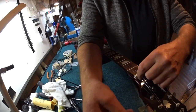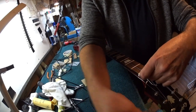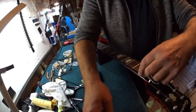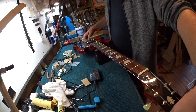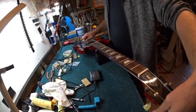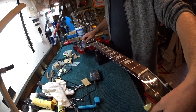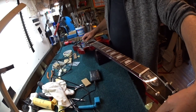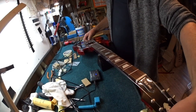I hate the Tune-o-matic bridge for this. Basically, because of the stupidity of the design, which gives you 3 little saddle blocks pointing in one direction and 3 pointing in the other direction for absolutely no good reason other than some stylistic look, right? There's no practical reason why this works this way. So the point is, to get the amount of travel I need to intonate this string, I now have to